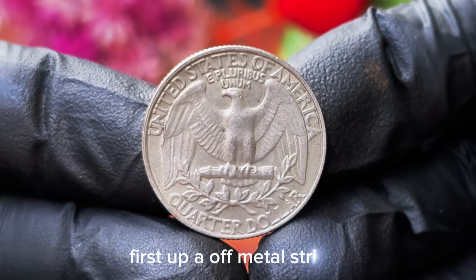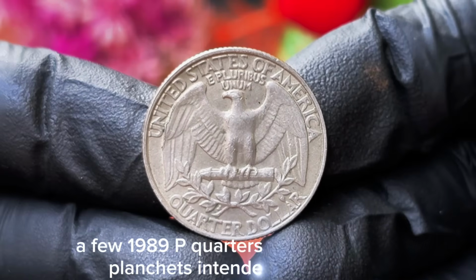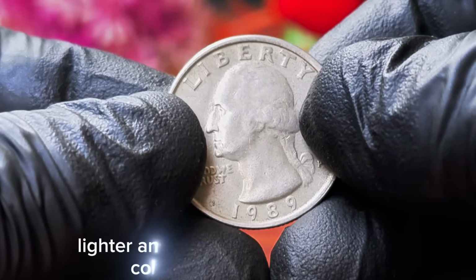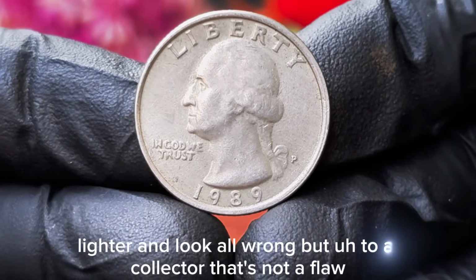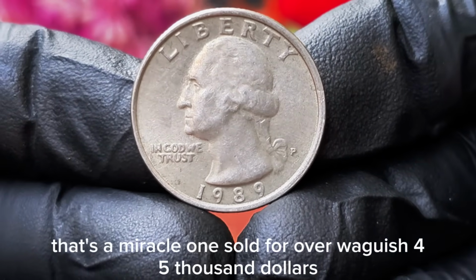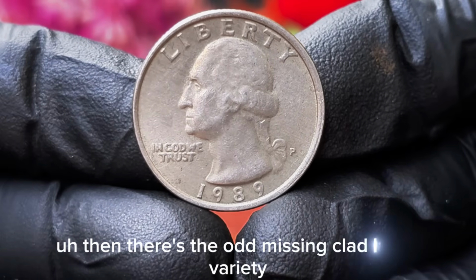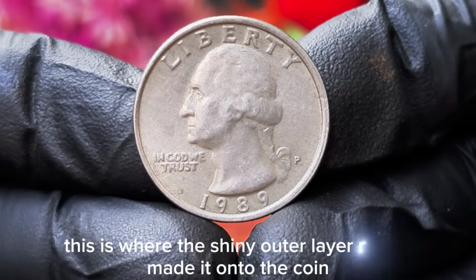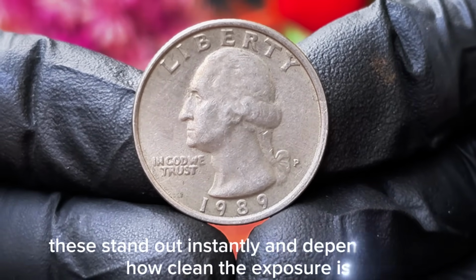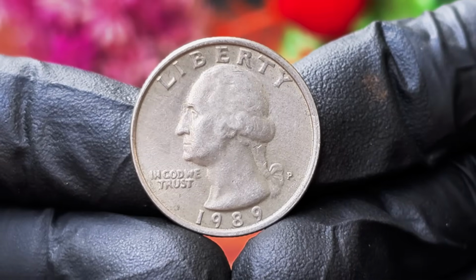First up, off-metal strikes. Imagine a quarter that was never meant to be. A few 1989-P quarters were struck on planchets intended for nickels or even foreign coins. They're smaller, lighter, and look all wrong, but to a collector, that's not a flaw, that's a miracle. One sold for over $45,000, and it wasn't even in mint state. Then there's the odd missing clad layer variety. This is where the shiny outer layer never made it onto the coin, revealing a golden or copper-colored core. These stand out instantly, and depending on how clean the exposure is, they've gone for $28,000 to